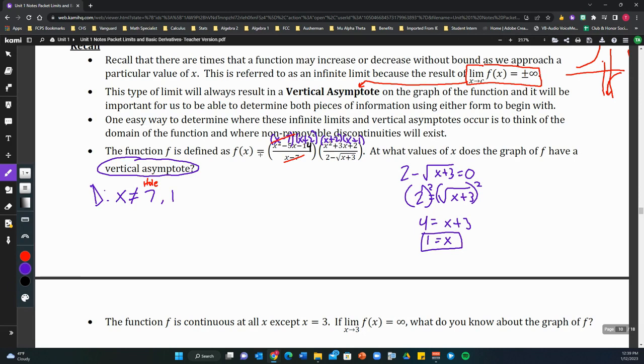So if this is a value that makes this equal to 0, and if there was a factor anywhere in the numerator that said x minus 1, then plugging 1 into the top and bottom would both result in 0 over 0, the indeterminate form, which we could try to manipulate and get rid of, and could eventually turn into a hole. So because that's not the case here, we know that this is going to be a vertical